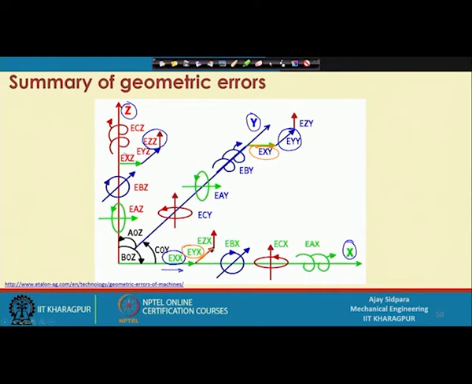Same way for here, your movement is in the z direction, but you are getting error in the x direction. So, that is the x direction and this is the x direction. So, this is the 3 different category. Then the third one is movement in the x direction, but you are getting error in the z direction. So, that is shown by this error, and here it is the same way, all the axes are showing error in the z direction, but you are moving in the y direction, and here also same way in this direction. So, these all 9 errors are the translation errors.